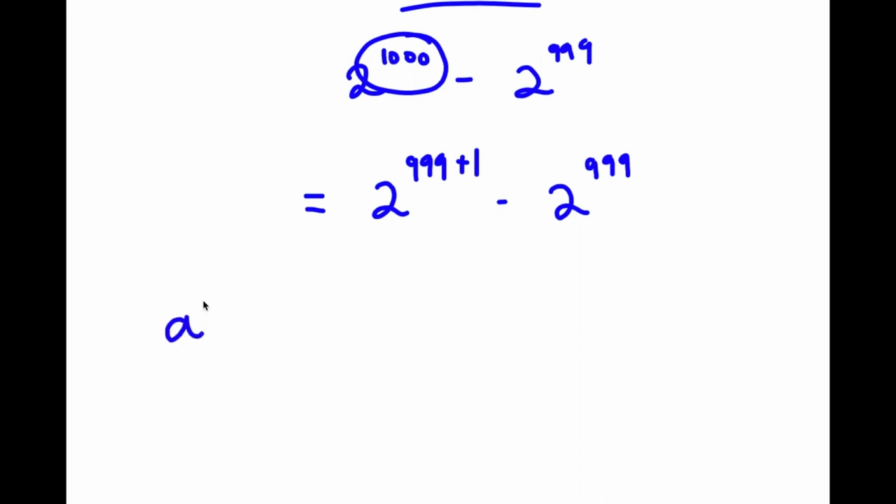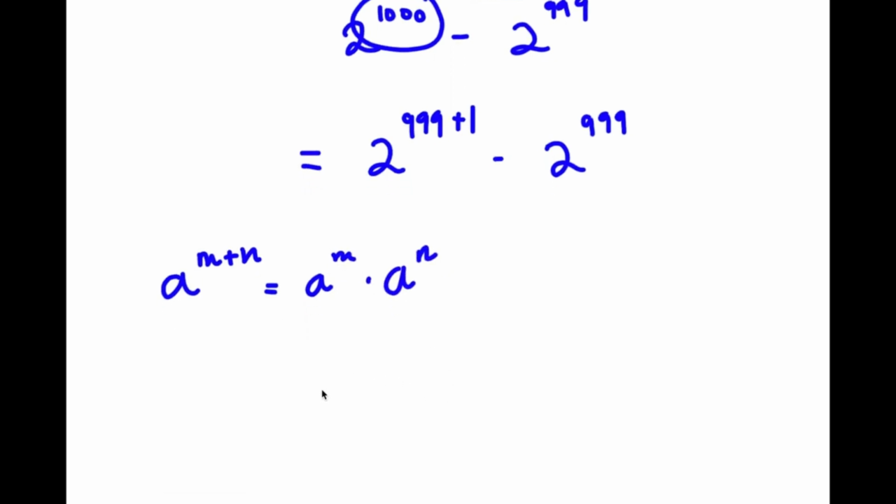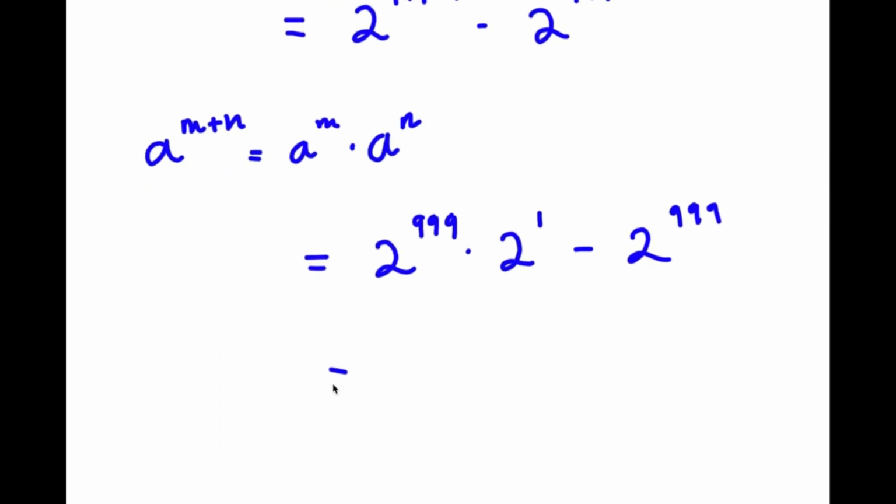And if I have something in the form a to the power of m plus n, this is equal to a to the power of m times a to the power of n. So 2 to the power of 999 plus 1 equals 2 to the power of 999 times 2 to the power of 1. Now I have this minus 2 to the power of 999. Now this is the same thing as 2 to the power of 999 times 2 to the power of 1 divided by 2 to the power of 999, which is simply 2 to the power of 1. Now I have this minus 2 to the power of 999 divided by 2 to the power of 999